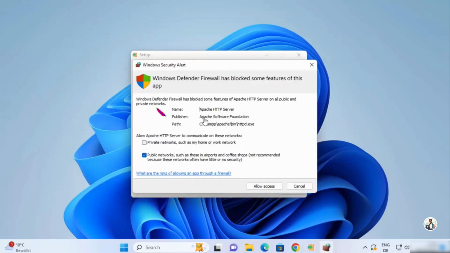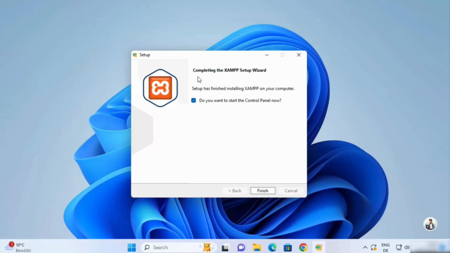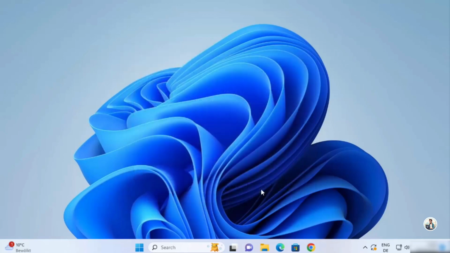Also in the middle of the installation, you can see this kind of message, which says Windows Defender Firewall has blocked some features of this app. I can just leave it as default, which is public network, and then click on allow access. And then I can see that it says completing the XAMPP setup. Also it says, do you want to start the XAMPP control panel now? So just leave this checkbox as checked and then click on finish, which is going to launch the XAMPP control